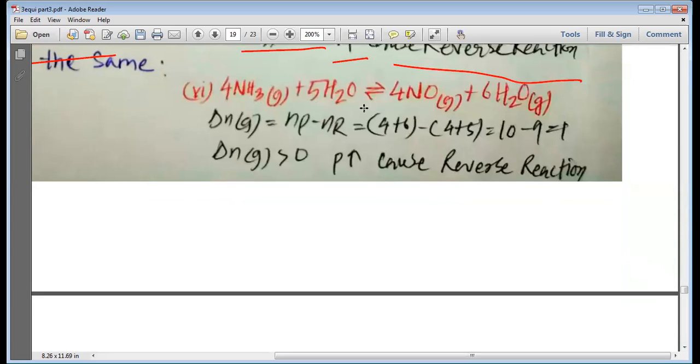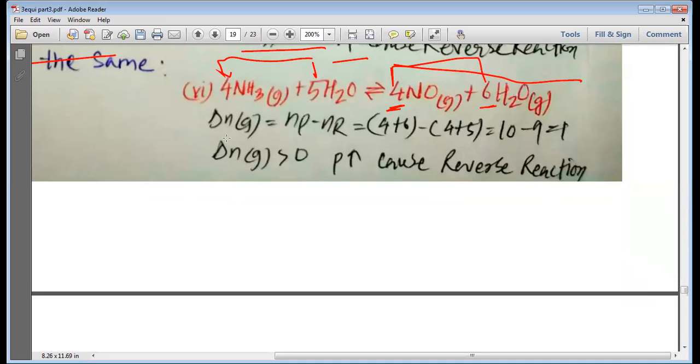4NH3 gas plus 5H2O gas gives 4NO gas plus 6H2 gas. You can see that on the product side we have 6 plus 4, a total of 10 moles of gaseous molecules. And if you look at the reactant side, we have 4 plus 5, 9